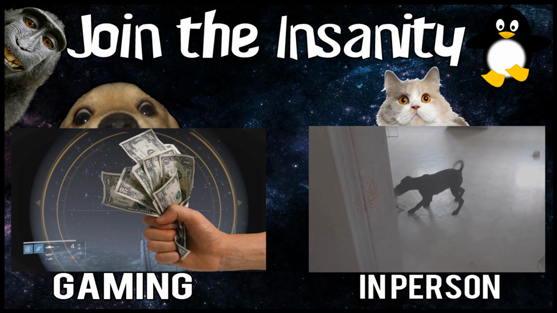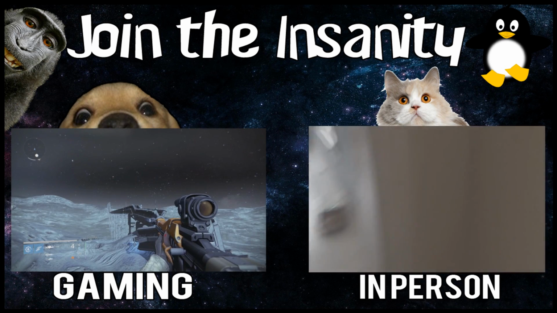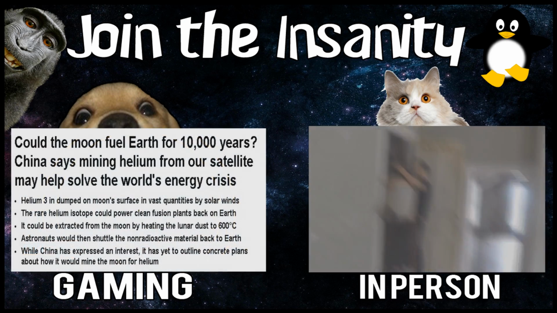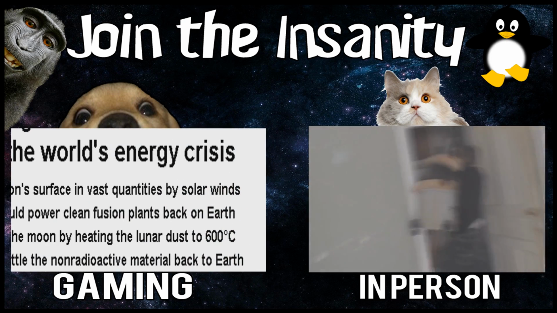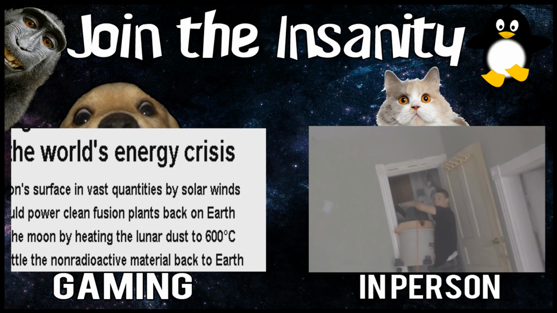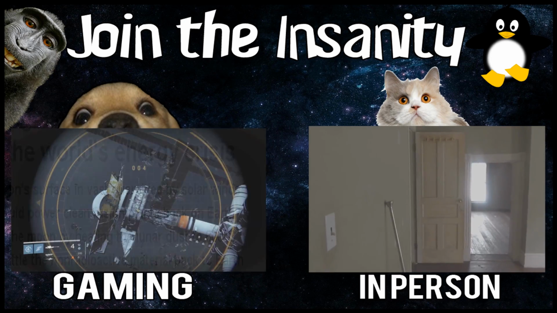Example, a doctoral candidate at the University of Tamkon in Taiwan wrote in a world security network that helium-3 could be extracted by heating the lunar dust to around 600 degrees Celsius before bringing it back to Earth. The gas, he estimates, has a potential economic value of